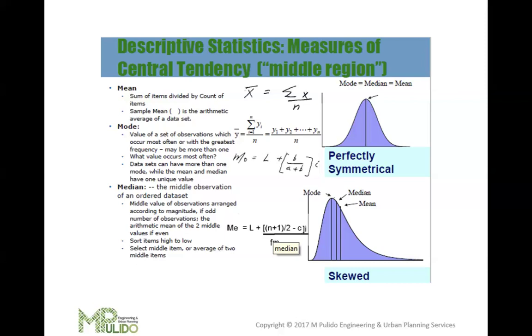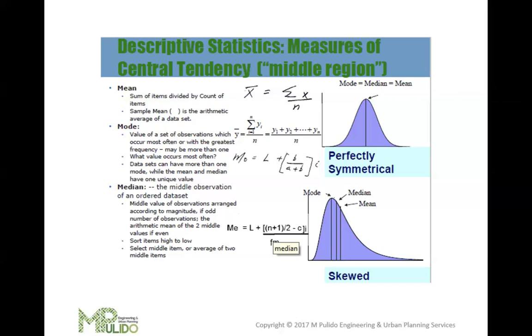Just to describe why it's positively skewed or negatively skewed, when you are provided an example on income distribution where a few high incomes skew the mean to the right, that's positive, toward the right. Then negatively skewed means, for example, age at retirement, where early retirees skew the mean to the left, so that's what you call negatively skewed.